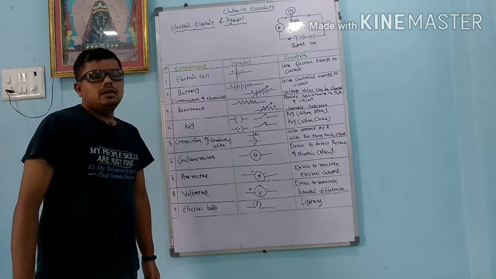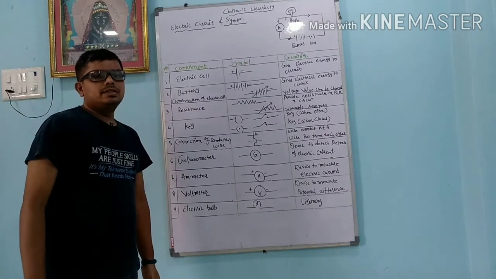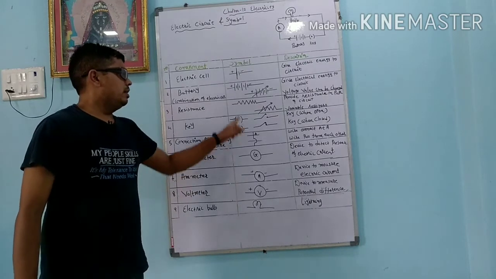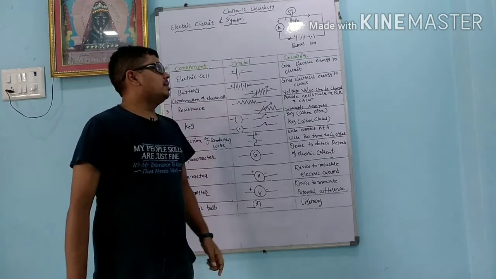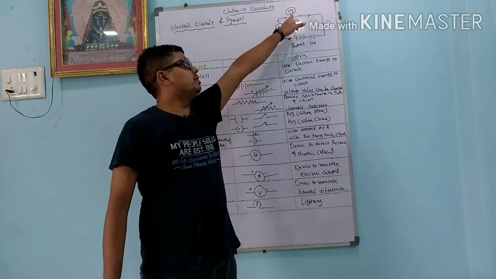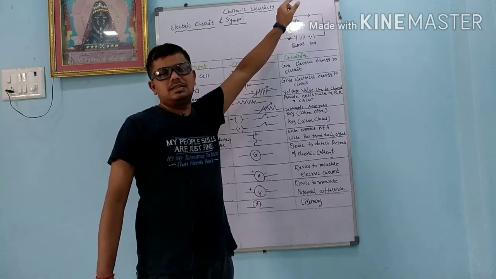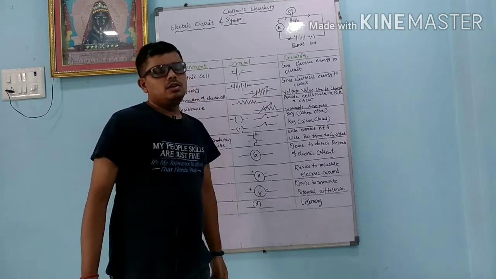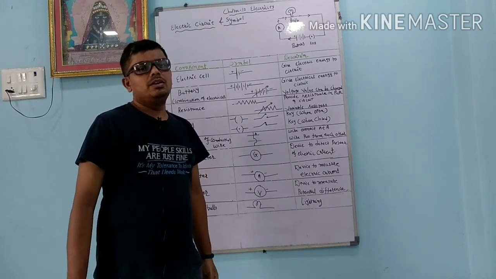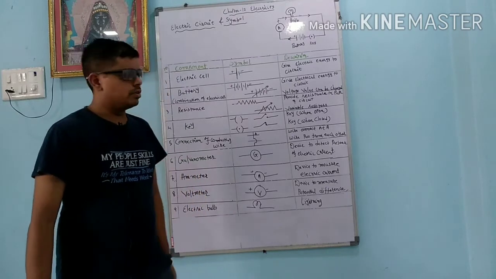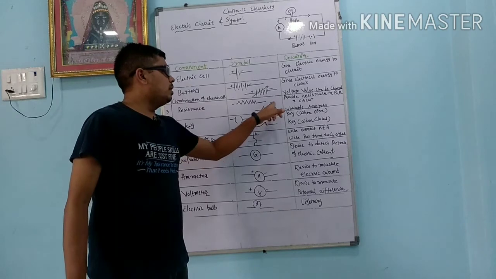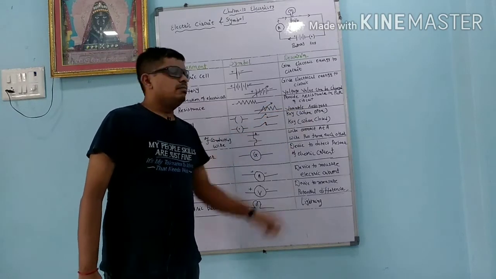Resistance. At home we use different appliances, or in a physics lab or any electrical company, there are different resistances. Different appliances are there. They are all included in the resistance, and resistance is represented by the zigzag line. Even the bulb that is connected here, you can also represent it by the zigzag line. It provides resistance in the path of the circuit. Now what is resistance? The property of a material which opposes the flow of electrons is called resistance. Variable resistance is there. In that, you have to draw one arrow, and that is called the variable resistance.